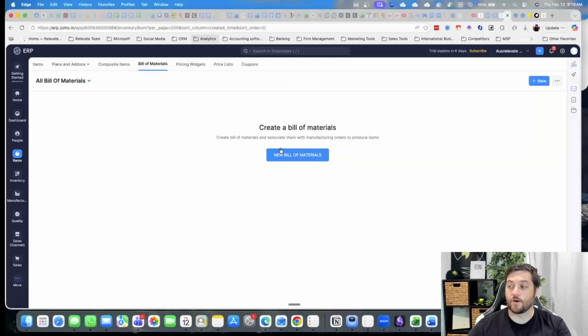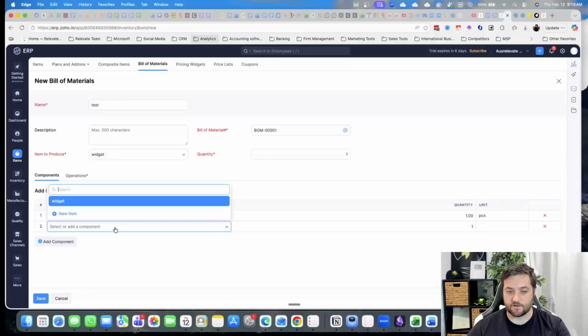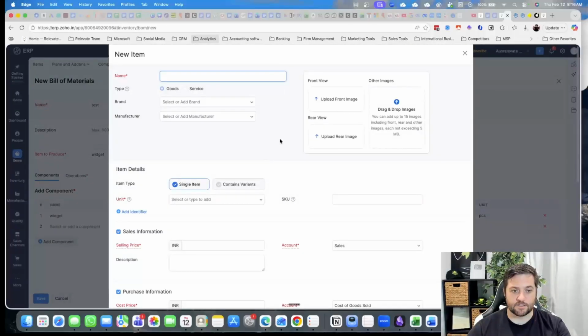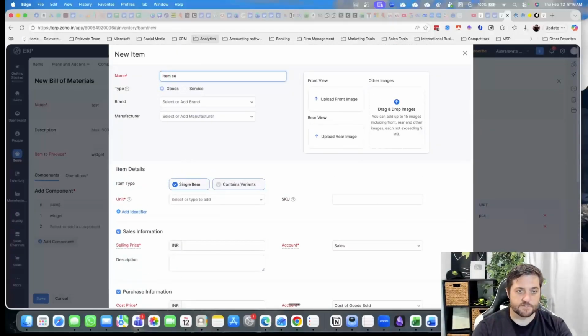This is a long-awaited and exciting element of Zoho. So we can create test, and then bill of materials quantity is 1 item to produce. So if we set up an item, so we need to create our widget, we want to create one of them, and then if we add our components, our component consists of a widget. Maybe it also adds the component of, maybe let's add another item, and then we'll say item setup,